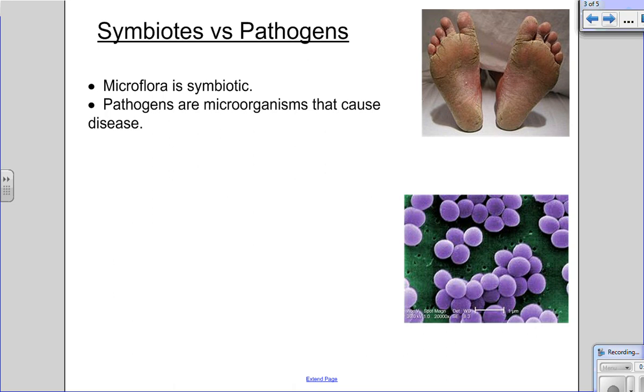Alright, now microflora, that's symbiotic, sorry, actually. So microflora are symbiotic. Pathogens, however, are microorganisms that cause diseases. A couple of tasty looking examples on the side. We have two different types of those, which are permanently pathogenic,